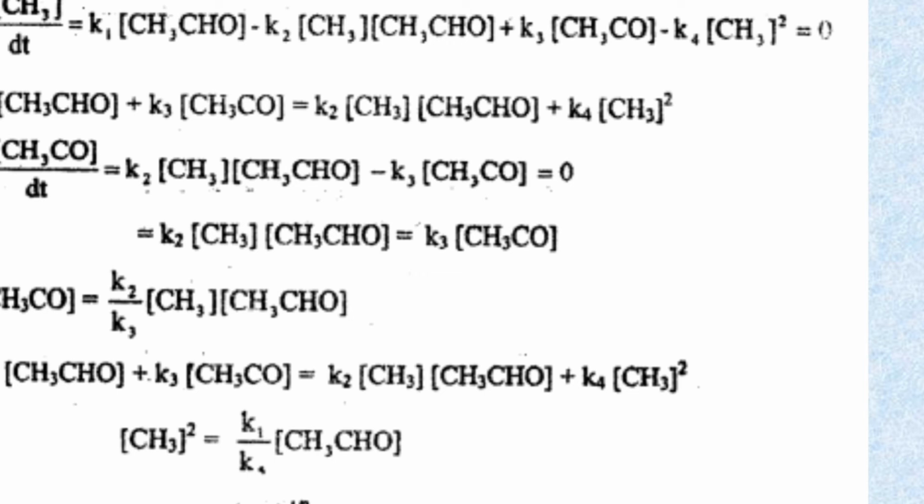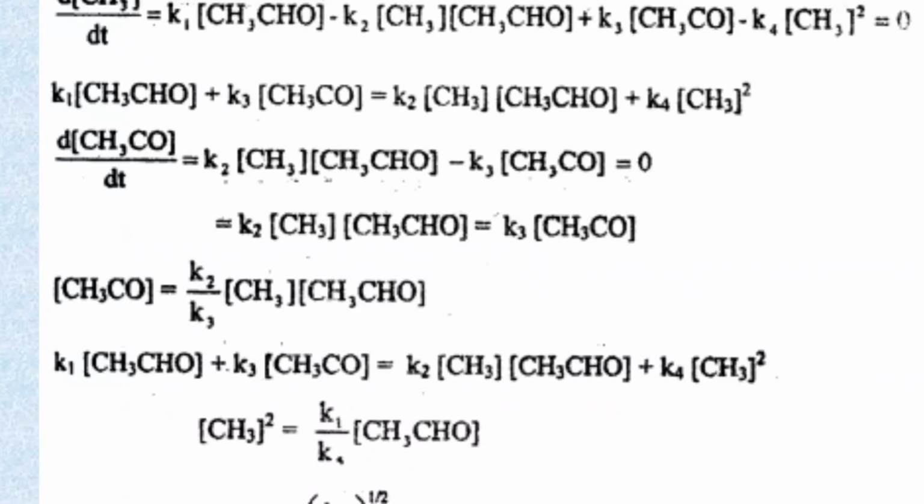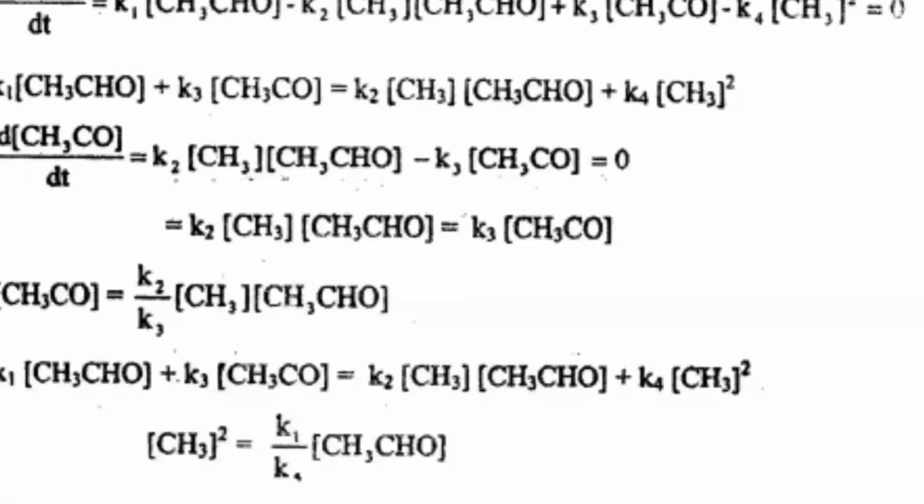d[CH3CO]/dt = k2[CH3][CH3CHO] − k3[CH3CO] = 0. That is, d[CH3CO]/dt = k2[CH3][CH3CHO], which is equal to k3[CH3CO]. The above equation can be written in this way. And from this equation we know [CH3CO] = (k2/k3)[CH3][CH3CHO], and